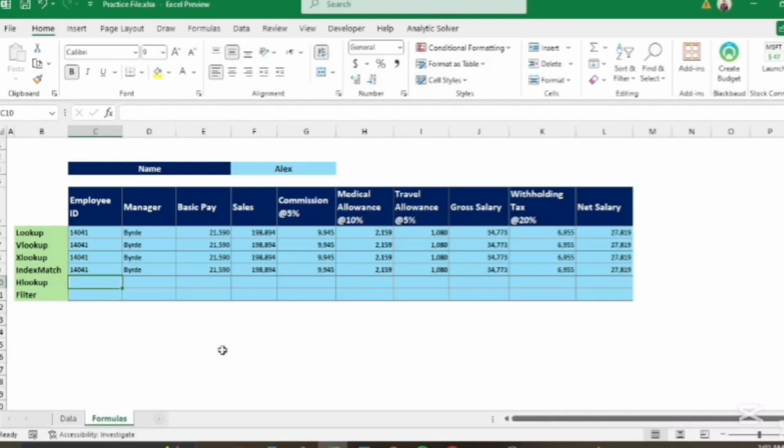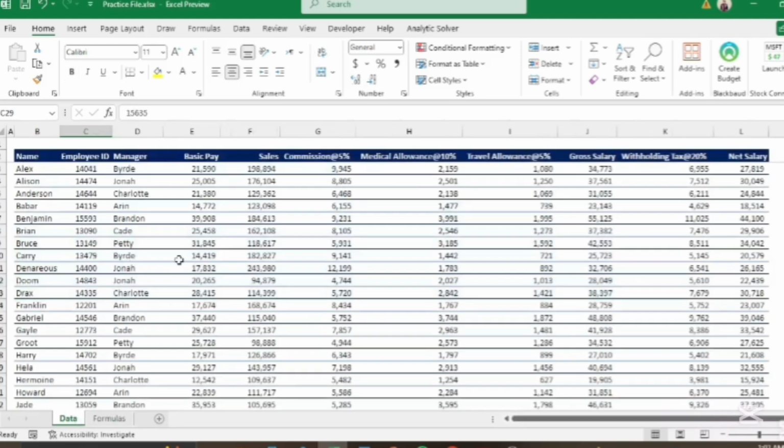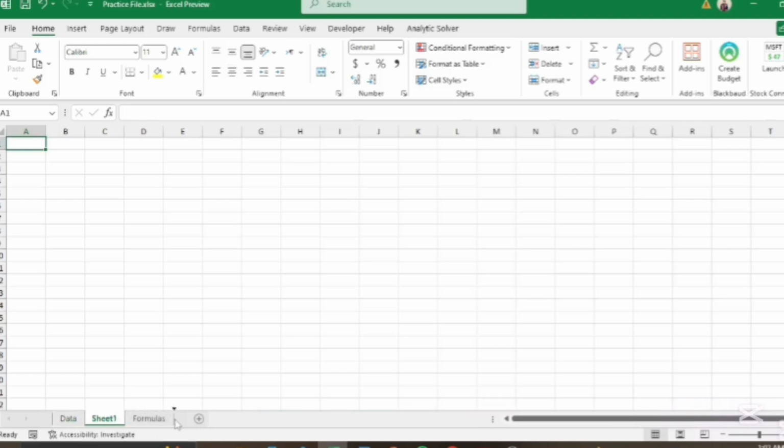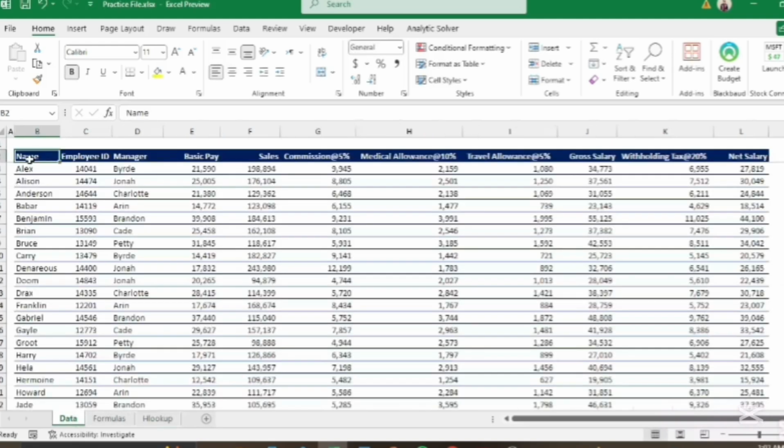We have the HLOOKUP function. So for using the HLOOKUP function, our data must be in a horizontal way. Here we have the data set which is in a vertical way. So we can apply VLOOKUP here but not HLOOKUP directly. To use HLOOKUP to extract information from here, we have to enter another sheet and name it, suppose, HLOOKUP